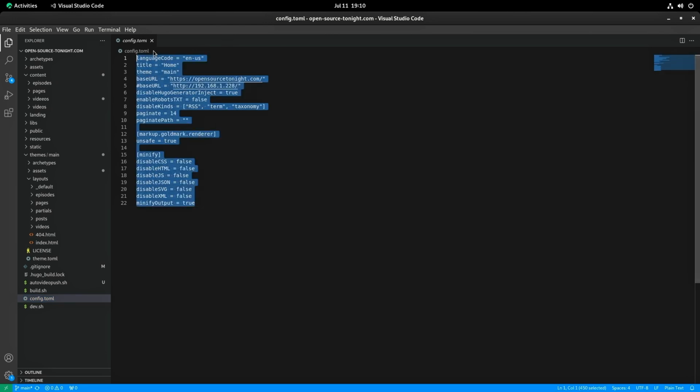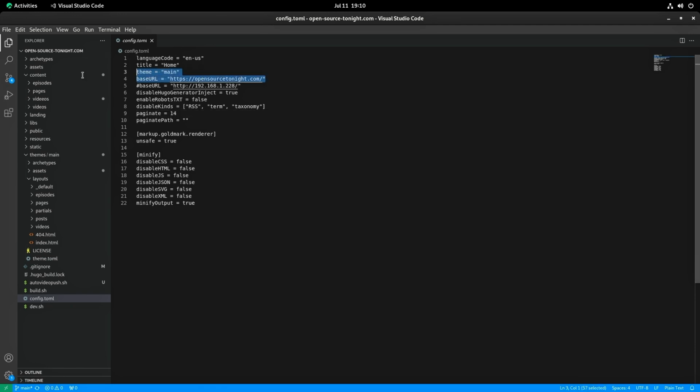So this is the config file for the site. And you can see down here, this sets what to minify. So that will change what's minified. And then, let's see here. What else is there? Here it is. Pagination. I'm really not sure how you pronounce that word, quite frankly, at this point. But that is the amount of videos that will be on a page. It's 14. And so once we get to the 15th one, it will automatically create a second page and set that all up. So again, a lot of automation here.